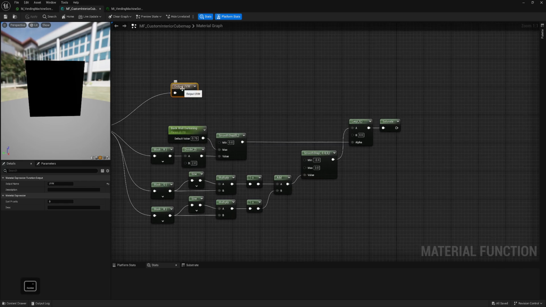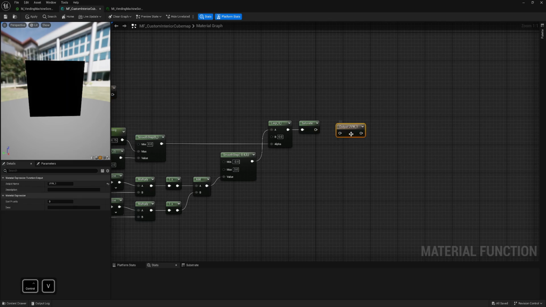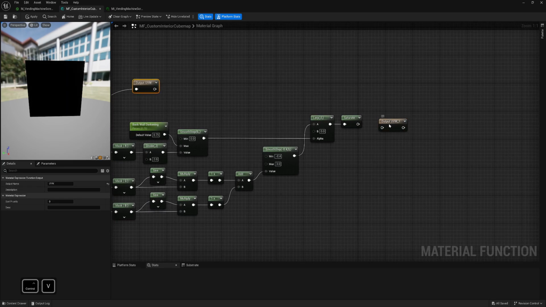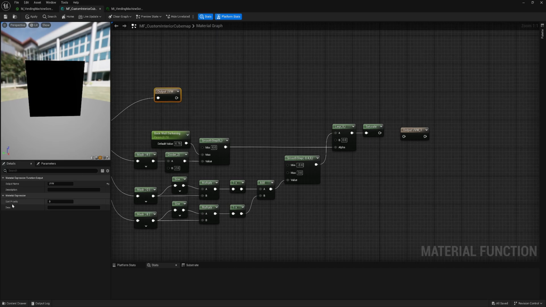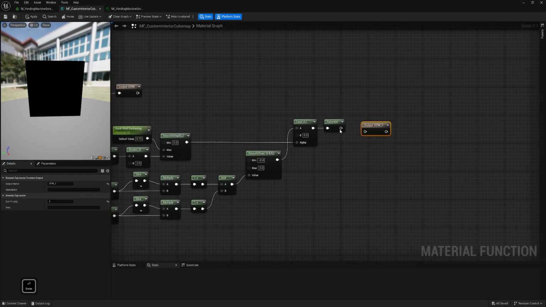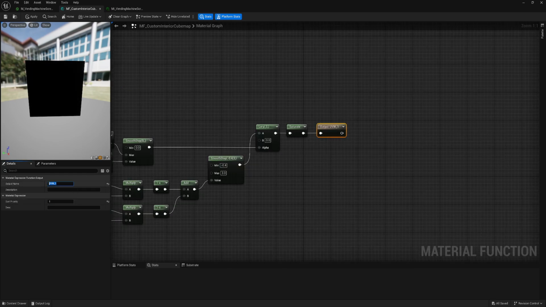And what I need is to copy this output and create another one. Because we now have two outputs, they will always fight over which should be first. We can control that again with priority. So I will keep that one on 0, and I will put this one on 1, which means this one will be second. And I call it AO mask.